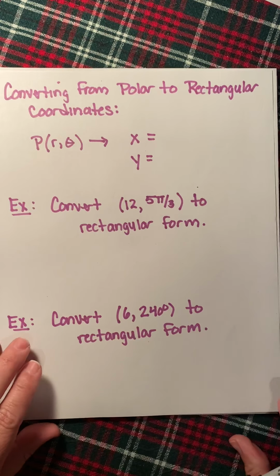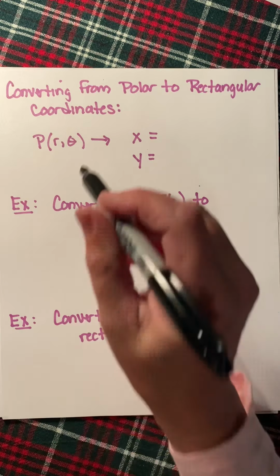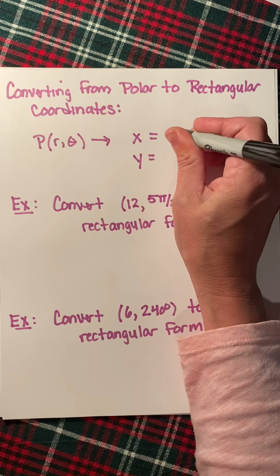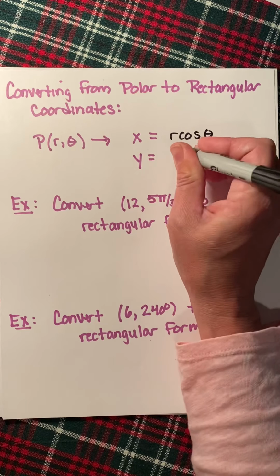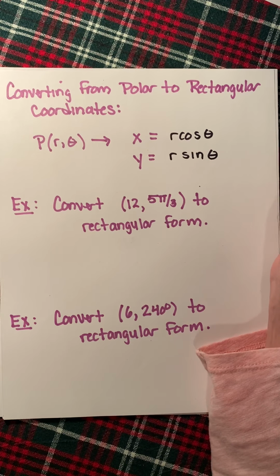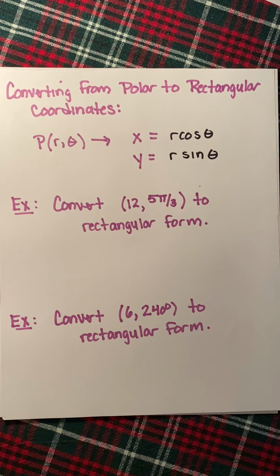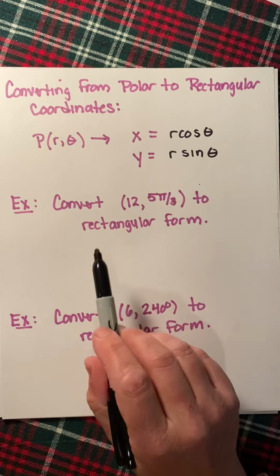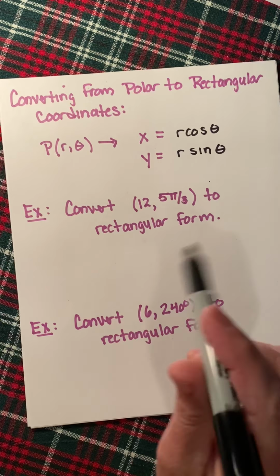All right, converting from polar to rectangular coordinates. If you're given a polar coordinate and you want to put it in rectangular coordinates, keep in mind, given the polar coordinate (r, theta), x is equal to r cosine theta, and y is equal to r sine theta, as we just saw with the diagram on our previous page, right? So let's convert the polar coordinates (12, 5 pi over 3) to rectangular form. So x would equal